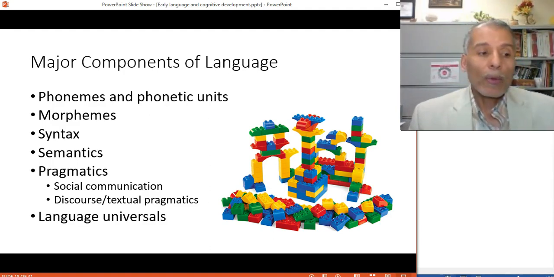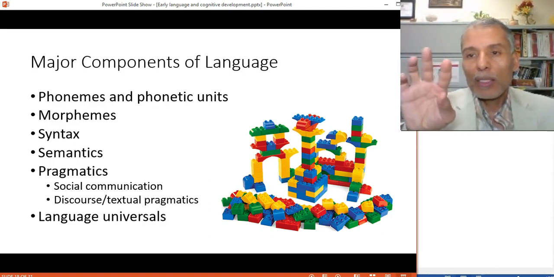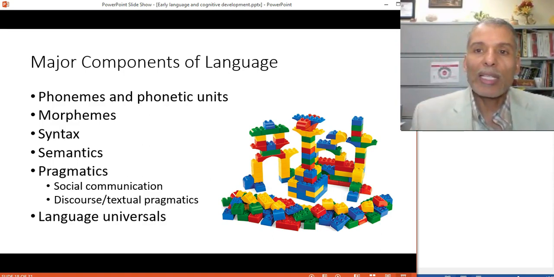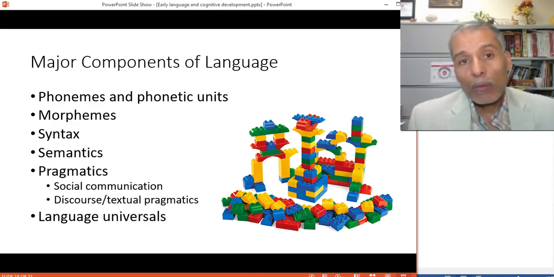In development, for example, all children all around the world are expected to say the first word between ages 11 months and 14 on average. On average, by the time the baby has his or her first birthday, that baby should be able to say the first word. Between 18 months and 2 years, the baby should be able to combine 2 to 3 words together to make a basic structure of a sentence. That is also all over the world.